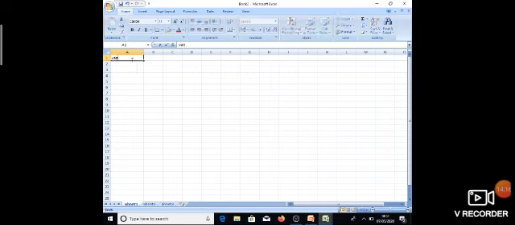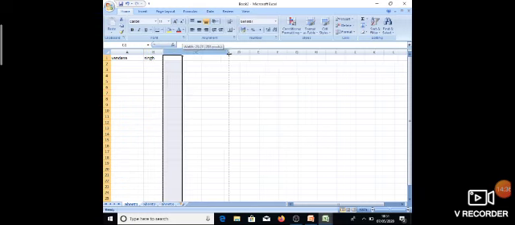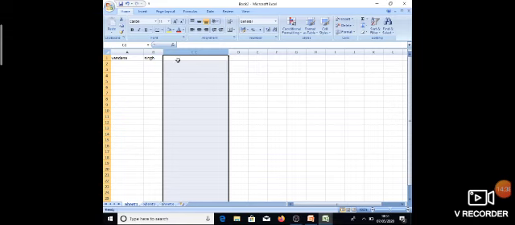So I am writing here Vandana, and in the next cell I am writing Singh. Okay. Now I want to join both the texts together. Okay. So in the third cell, means in C, I am going to apply the formula.